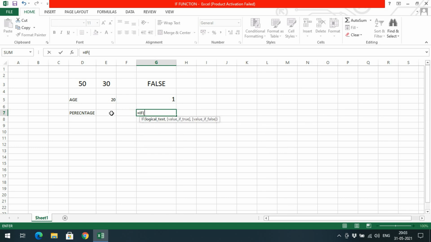Here you are supposed to give the condition greater than 40%, which gives the true value, that is pass, and give the third parameter, fail. You can give 50%, automatically you will get the value pass. If it is 40%, you will get fail. Okay, so hope you understood this one.